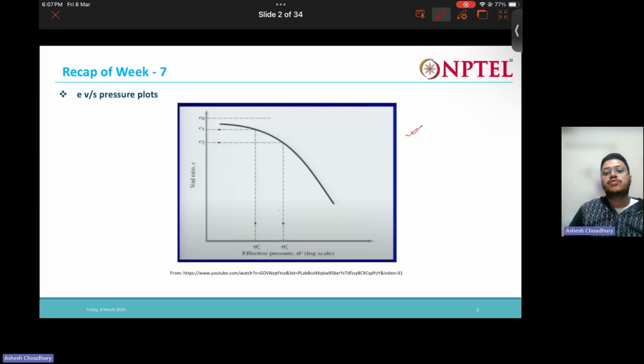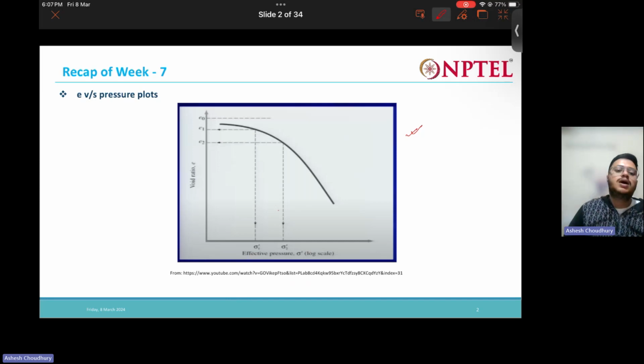Compressibility. Coefficient of compressibility, right? And another one was coefficient of volume compressibility, MB. One is AV and that is MB. So the AV, if you can recall, that AV we had a negative sign there. Why is that negative sign there? Because you can see with increase in pressure the void ratio reduces, right? That's why there is a negative sign there, because with increase in one quantity we are having reduction of the